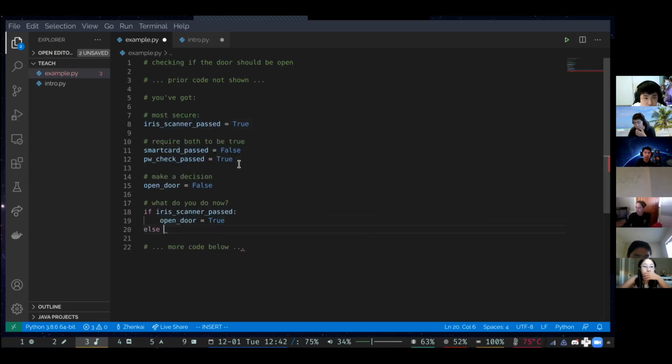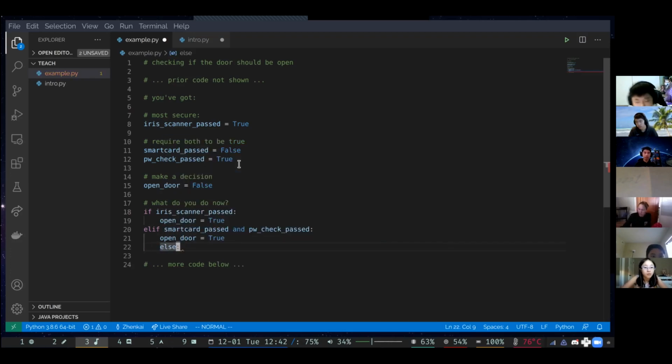Else if smart card passed and password check passed, we open the door. Else, we don't open the door.